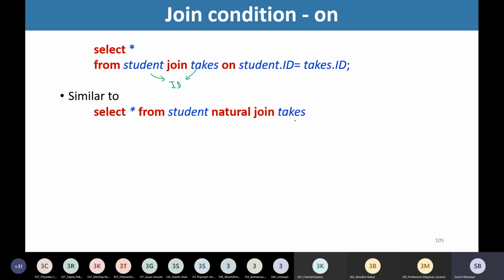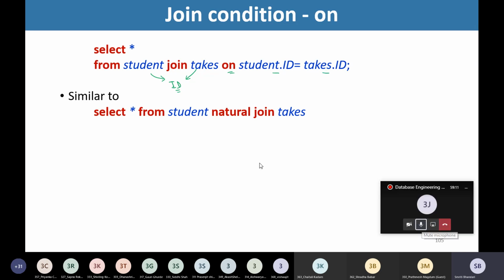And in natural join, the tuples from these two relations are being matched based on this ID. In this statement, we are doing the same, but instead of natural join, we are using join, and with on clause, we are matching the common attribute.